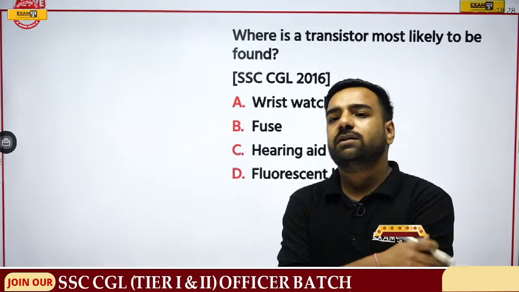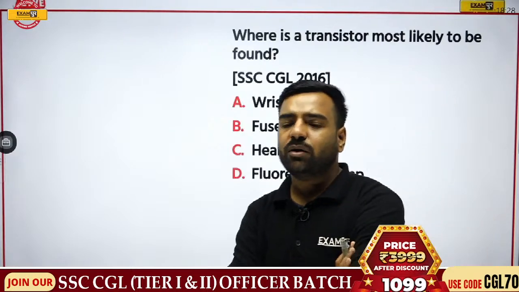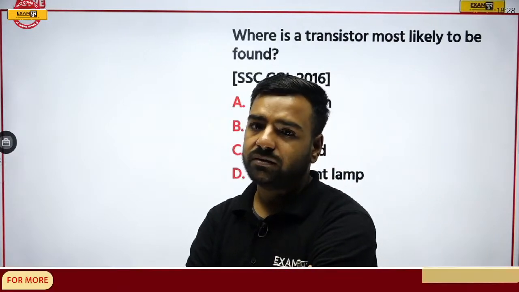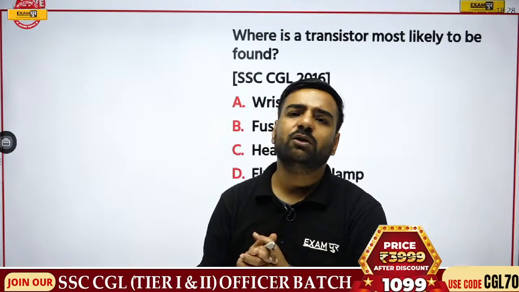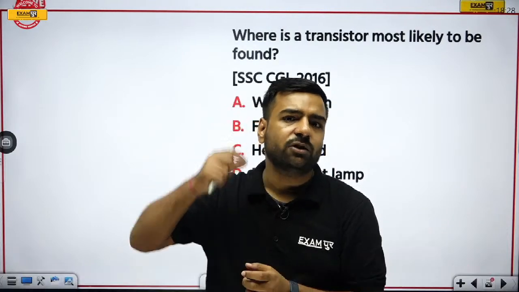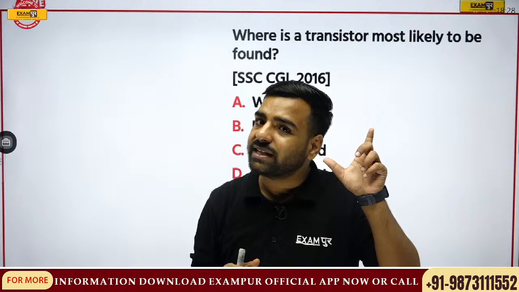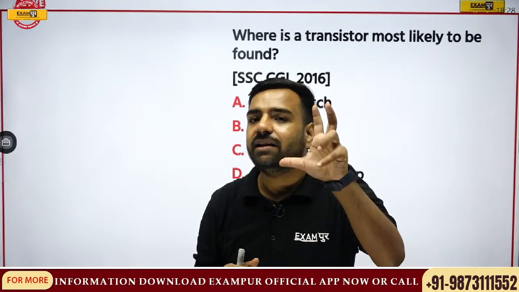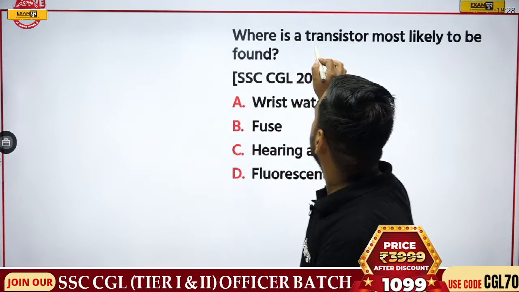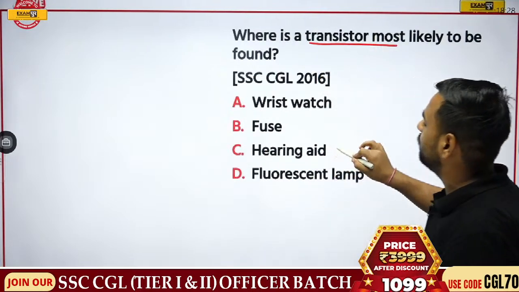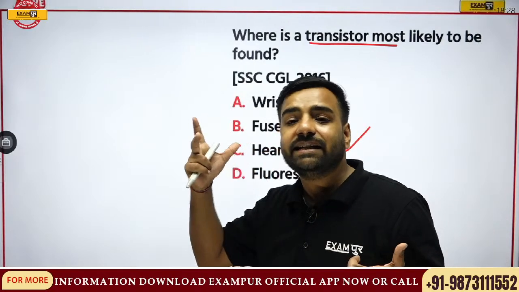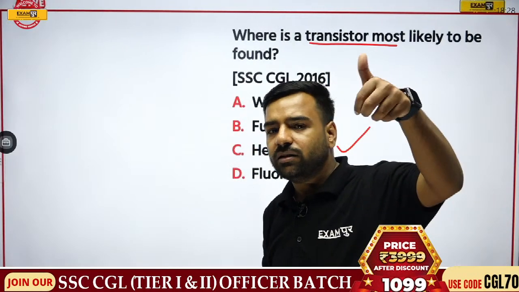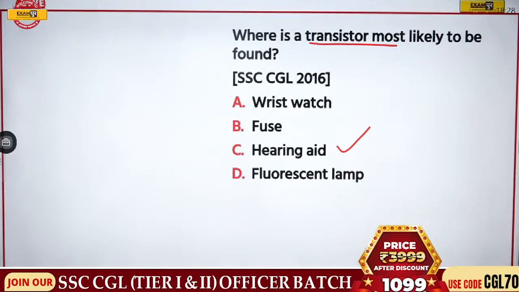So yes, this question please. What I am talking about is the transistor. We know that we are talking about the amplifying device. Now if I talk about those hearing aids we have seen with our grandfathers and grandmothers who are not able to listen properly, there is a device plugged into the ear which actually amplifies the sound so that they can easily hear. So if I talk about transistors, they are most likely to be found in the hearing device, so that they can easily listen. Got my point, Ganesh? Clear? So yes, hearing aid, that is option number C, will be correct.